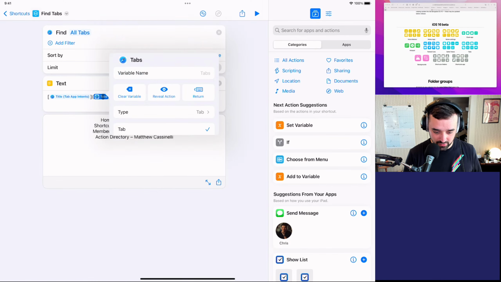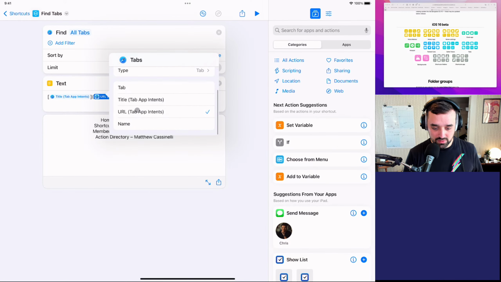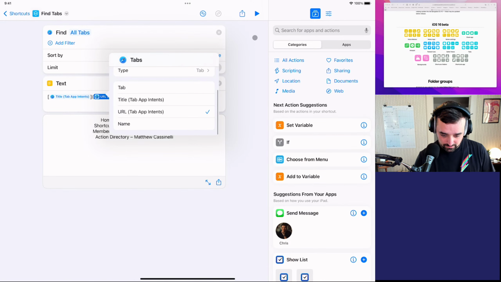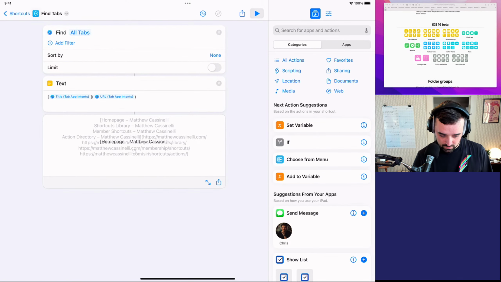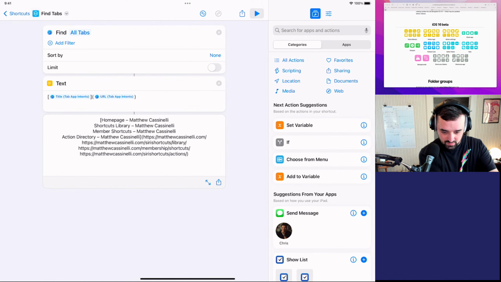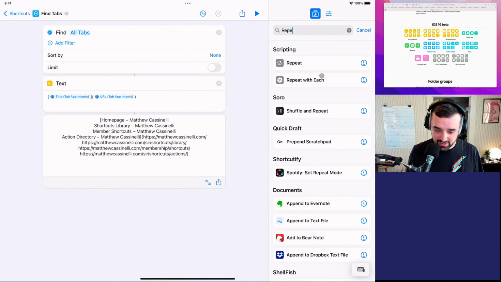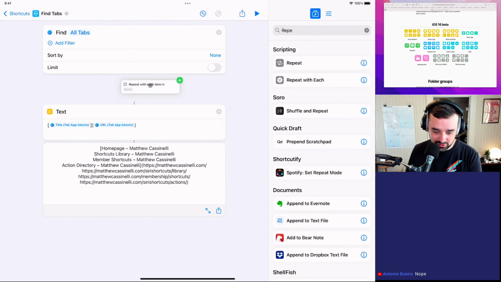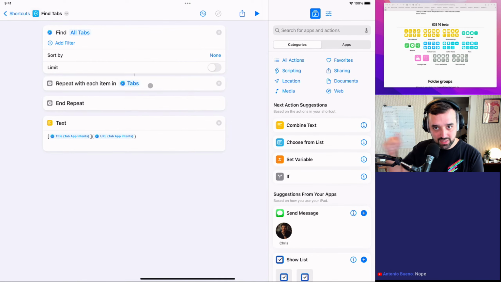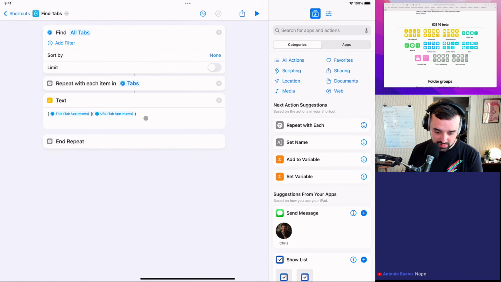So here I'm changing the parameters of this output so I can get all the URLs. Yeah, see, that definitely doesn't work. It makes all the titles and then all that. And so I knew that was going to happen. I just wanted to show you what would happen if you just do that. So when you have a list of items that you need to work with, you usually need to repeat with each of those items and then one by one do something with it and then recombine them. So let me just do this again and demonstrate how now that we're working with just a single item at once,